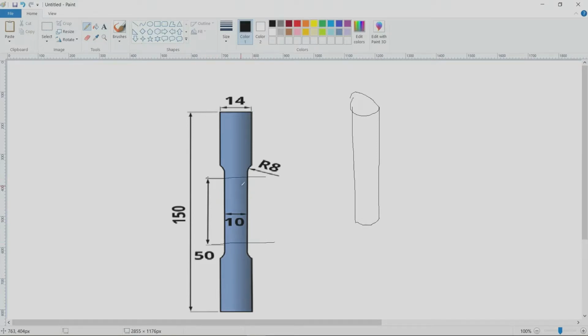So we are going to model only this area, a quarter section of this tensile specimen. Only this section we are going to simulate, and the rest of it will be extrapolated by symmetry. With the help of the software, it will automatically create a symmetry around it.